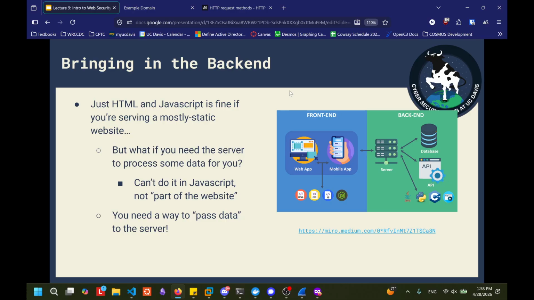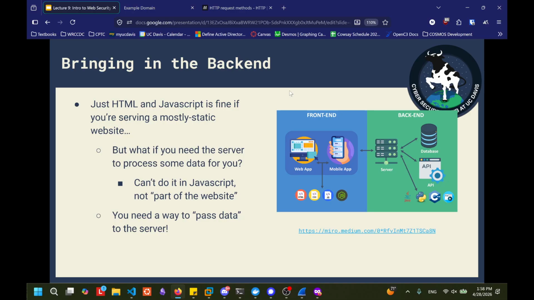So you need some kind of way to communicate between the HTML code that's running in your browser and whatever is running on a web application's web server. Because at the end of the day, all your browser does is take HTML code, JavaScript, maybe WebAssembly or whatever technology if you're feeling ambitious. All it does is render code. But if you need to do more complex operations, you're going to need a backend. And with a backend, you need a way to pass data from your web page to the backend.